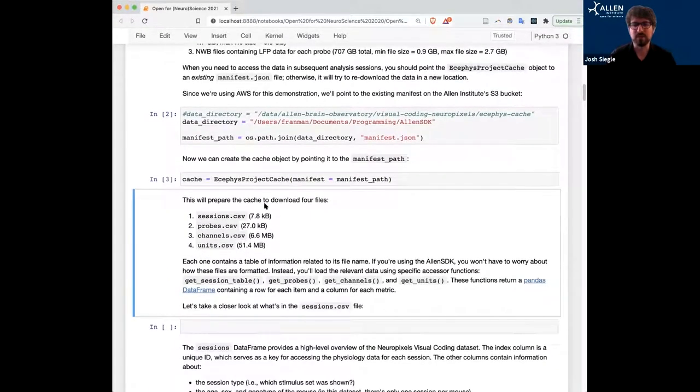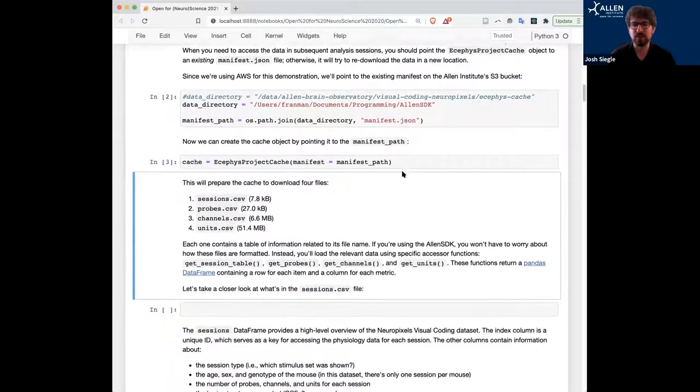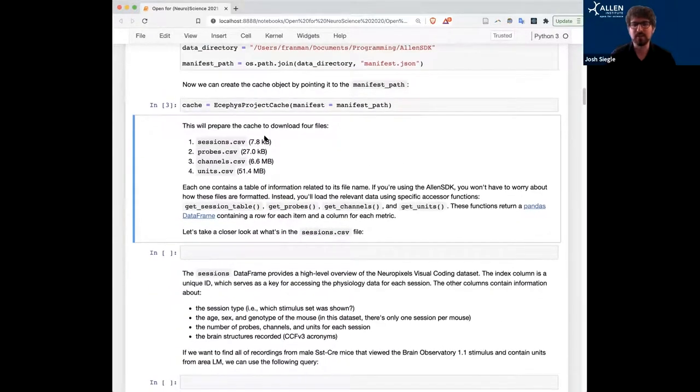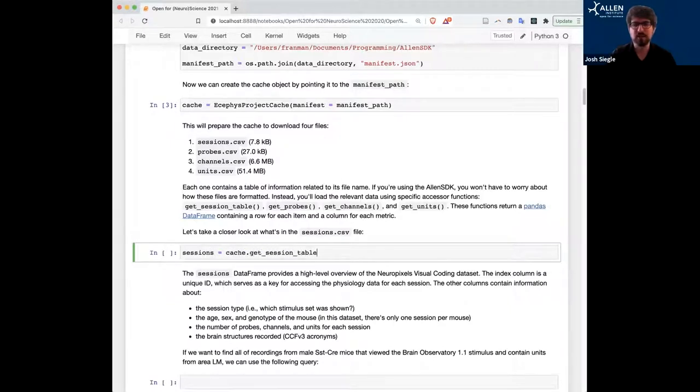So the first step is to create this cache object that points to our manifest path. And then this will provide access to a number of files. Similar to the 2P data set, there are functions like get channels, get units, get probes that give you access to the metadata about all of the sessions and probes that we recorded from. If we just want to see what sessions we have available, we can say cache get session table, and then